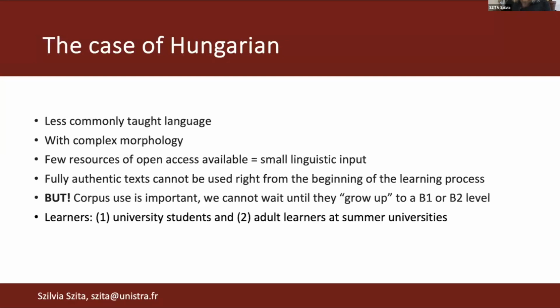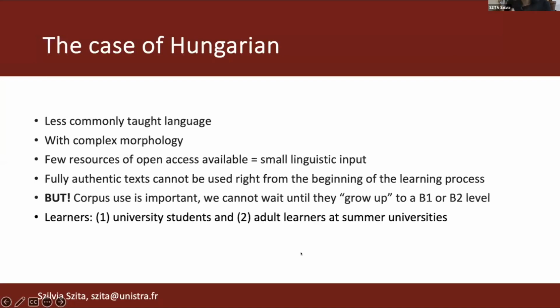I will argue that because corpus use, or data-driven learning, is so important, you cannot postpone it until an upper level. You cannot wait until your students have the B1 level or B2 level, and they will be able to use corpora on their own or read authentic texts on their own. I think that it's far more important. So they should grow up with these tools in order to really use them effectively,